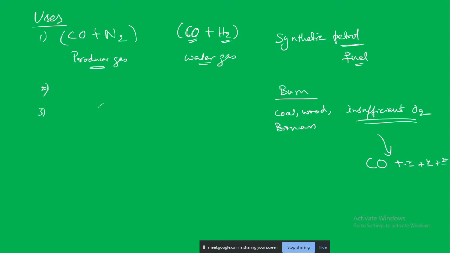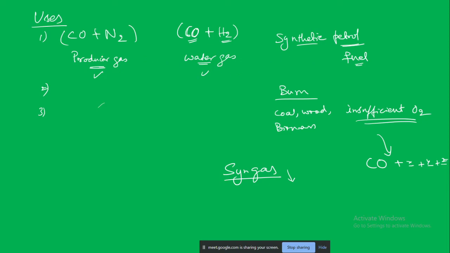Depending upon what that composition is, we are giving these names: producer gas, water gas, and many other types of gases will be produced. For example, in America they say syngas. It is nothing but synthetic gas. This synthetic gas can also be liquefied. If you increase the pressure, it will become liquid, just like an LPG cylinder, liquefied petroleum gas. So that is what is sold as synthetic fuel or synthetic petrol.